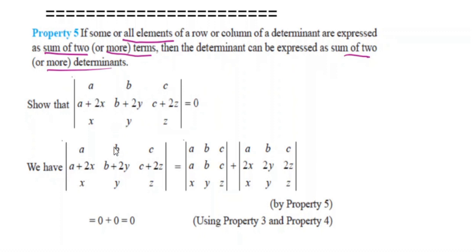Now let us explain with an example. Show that the determinant with rows A, B, C; A plus 2x, B plus 2y, C plus 2z; x, y, z